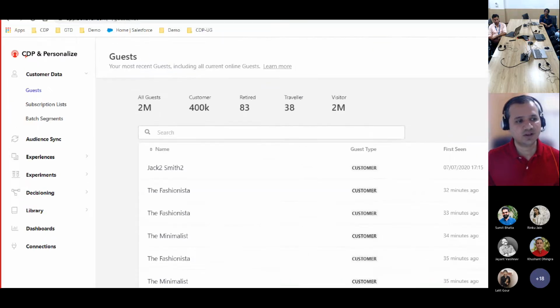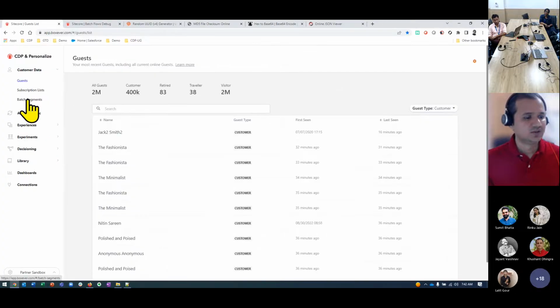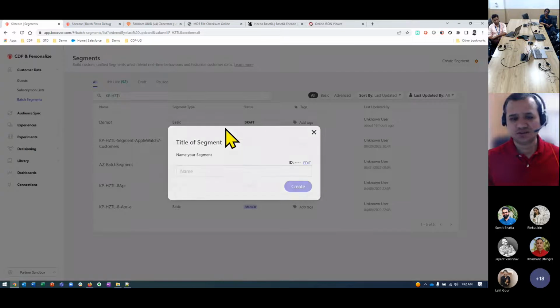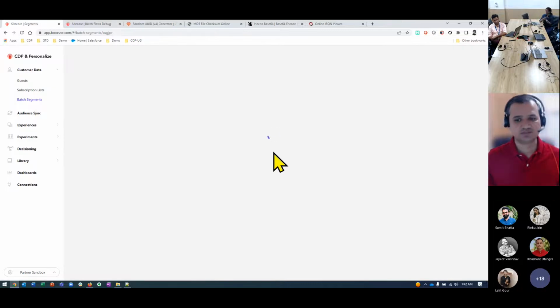And one more thing, in this example, I have CDP and Personalize both available as part of the product. But let's say you only have purchased Personalize as a product, then this option will not be available to you. So keep that in mind in case you don't see that option. That means your company doesn't have a CDP license. So now we are good because we have the CDP license. So I'll create one segment,